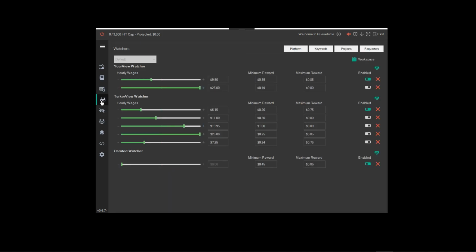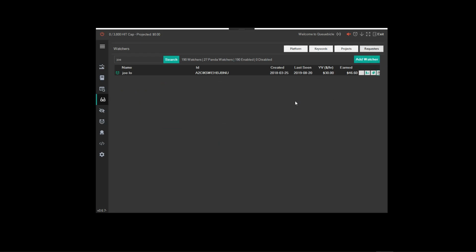Moving on to the watchers. This is the most important part of Cubicle. There are a couple of different watchers. Some you're probably familiar with, some maybe new. Let's start with things that you're probably familiar with: requester watchers. These are pretty basic,